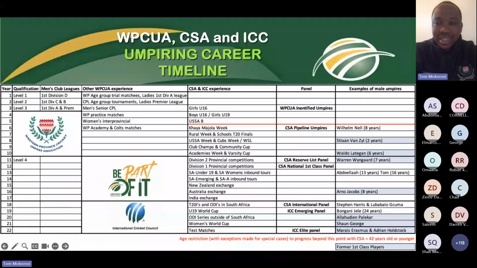Why? Because the International Cricket Council is looking for former international players to become umpires, and so they asked us to fast track him. He is now playing provincial cricket again in South Africa, so his progress as an umpire has halted, but will continue once he is retired from playing. Valdo Lateghan is also a former first-class player, and he actually wrote his level 4 this past winter and is going to Community Cup. He has not yet umpired any first-class cricket, but I'm sure next season he will be